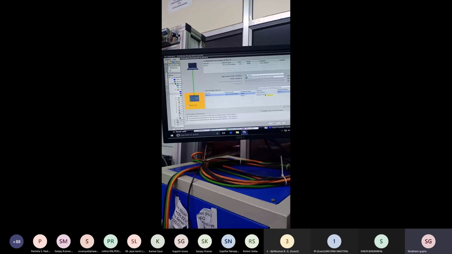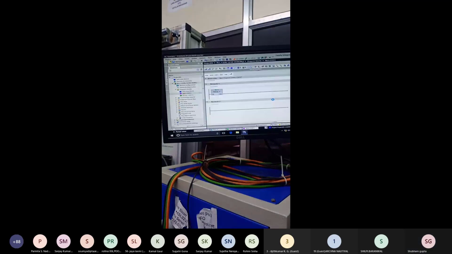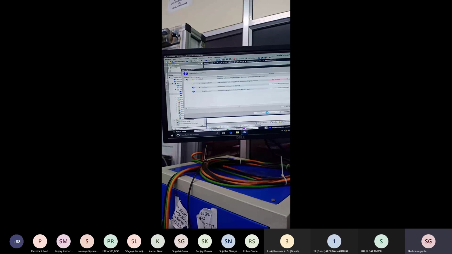Find it, then connect. Data is compiling, continue without synchronizing and stop all other actions. Just download it, download to the device. And now the PLC is ready for programming.